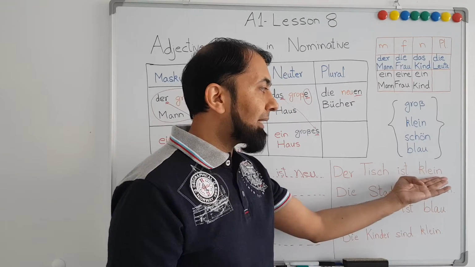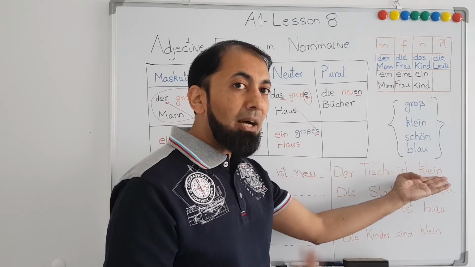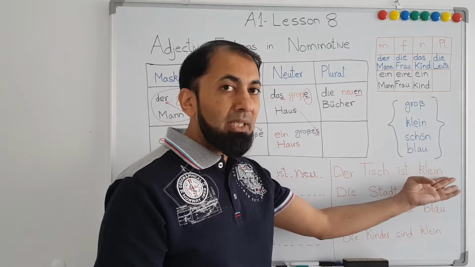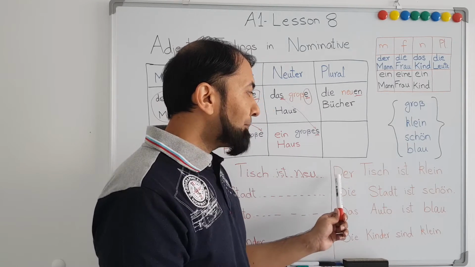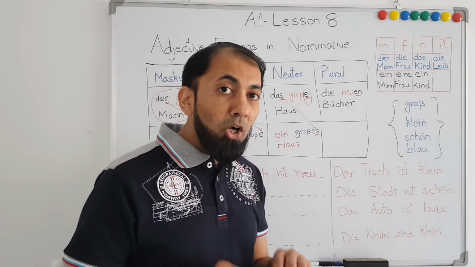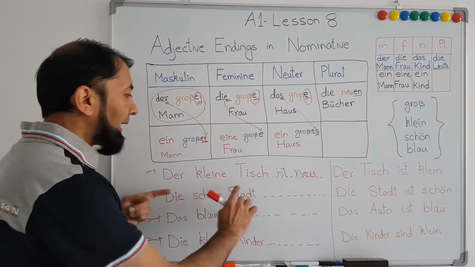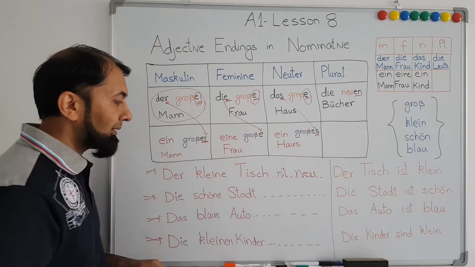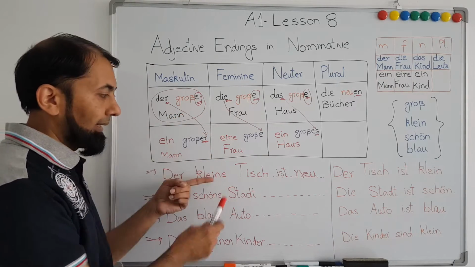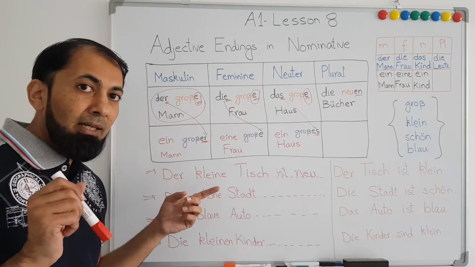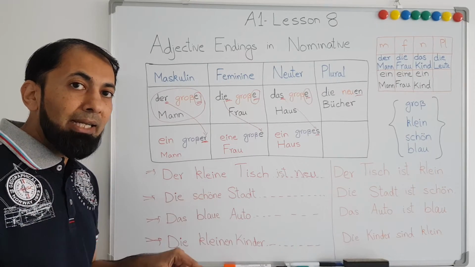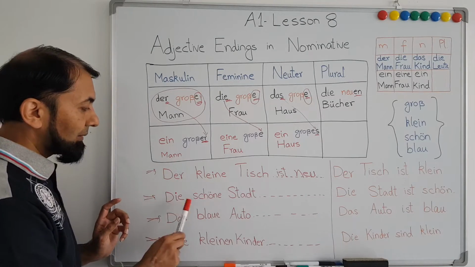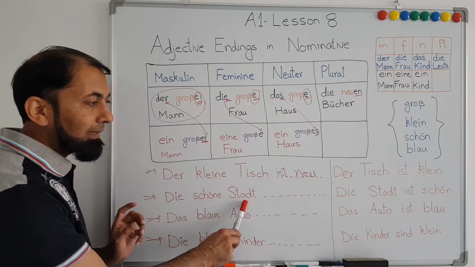So the adjective klein is coming after the noun, therefore we will not use any ending after the adjective. But if we want to say the small table, then we will refer to this rule, and we will apply this rule here, because here the word klein is coming before the noun. Next we have for feminine die Stadt, the city,